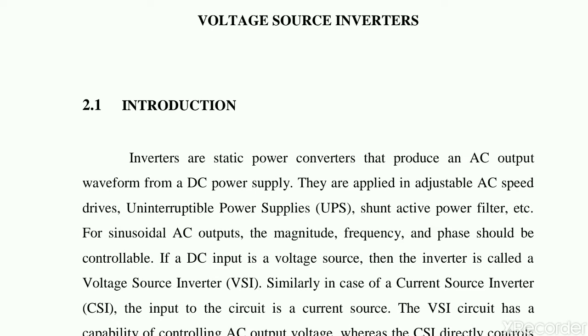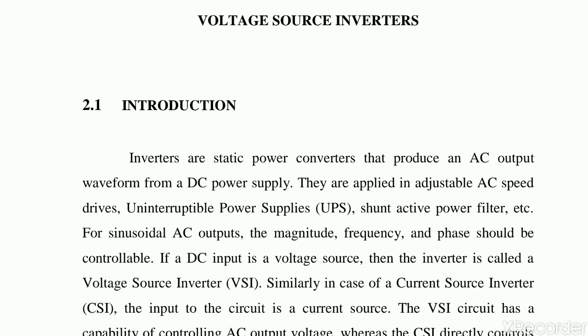There are also various types, that is single phase rectifiers and three phase rectifiers. Then we have discussed the AC voltage controllers, which convert alternating current to variable alternating current, AC to AC. There are some cycloconverters also. Those are the frequency converters, which are step up cycloconverter and step down cycloconverter. In a step up cycloconverter, output frequency is increased as compared to input frequency, and in a step down cycloconverter, output frequency is decreased as compared to input frequency.